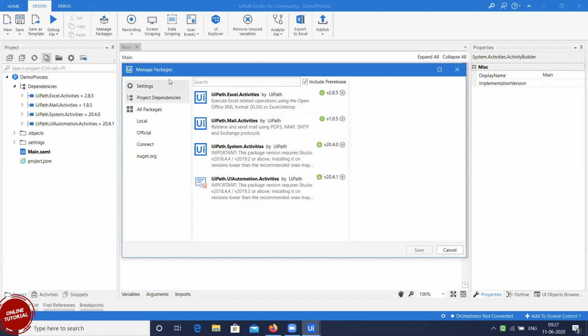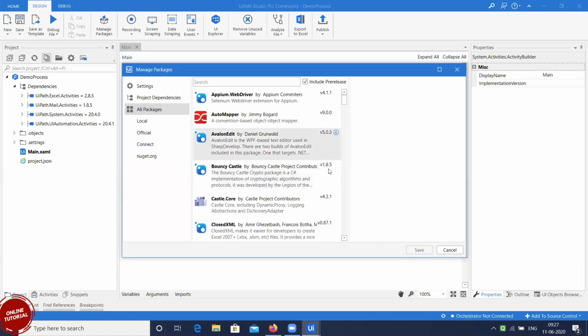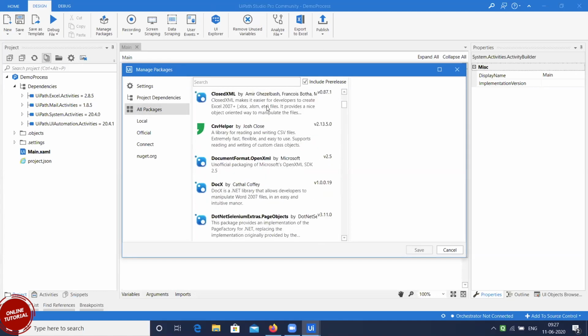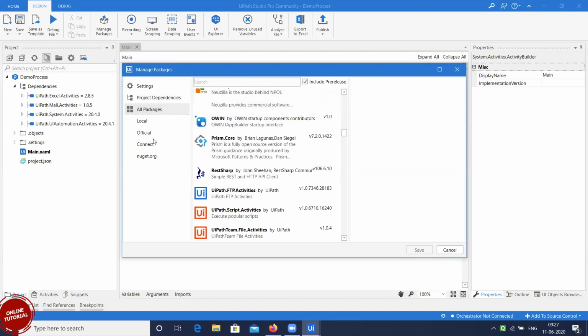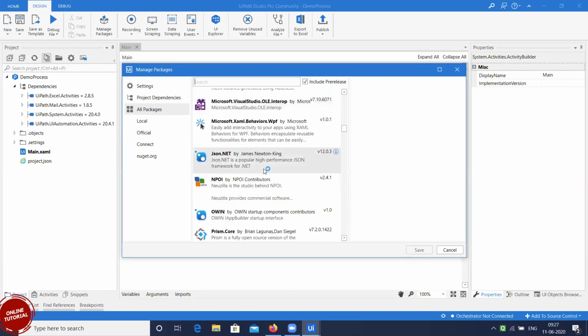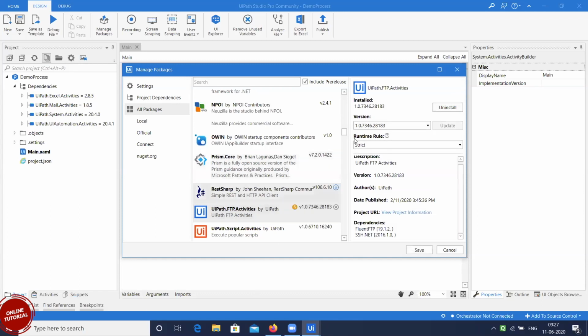If you click on manage packages, you get this window. You come to all packages, and then you can see we have multiple options. So whatever we want, we can search here, and then we can download it. Suppose I want this one, I click on install based on all the requirements, and then I click on save.